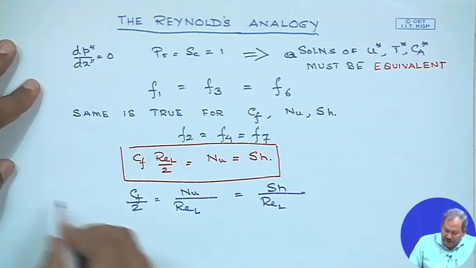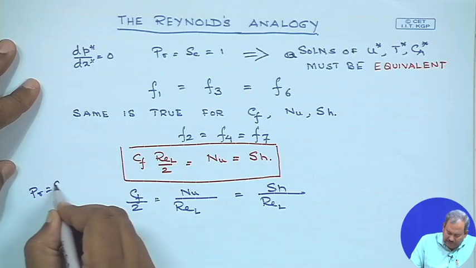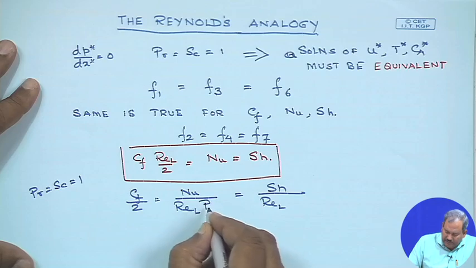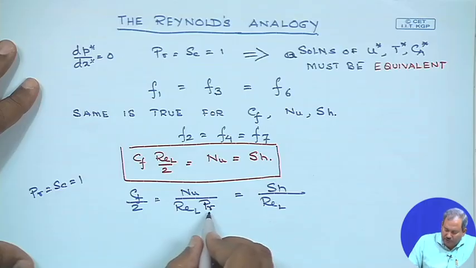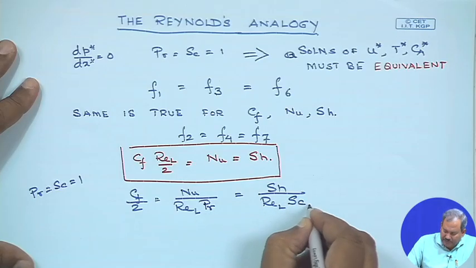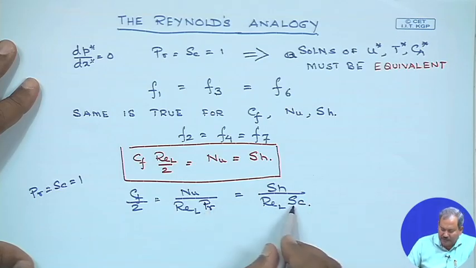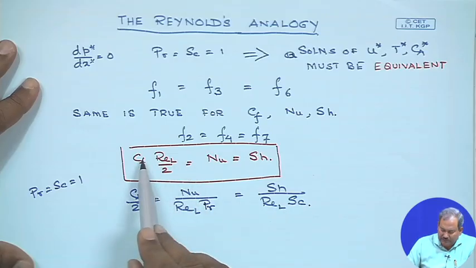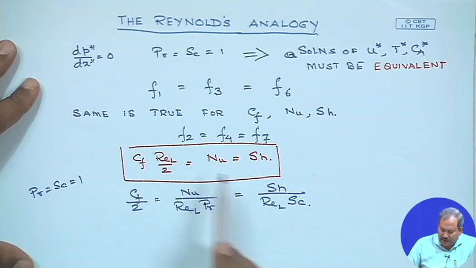And since we understand that Pr is equal to Sc is equal to 1, the generality of the expression would not be disturbed if I bring in these two terms here as well. So, initially from here what you get is Cf by 2 equals Nu by REL and Sherwood by REL, but you just bring in these